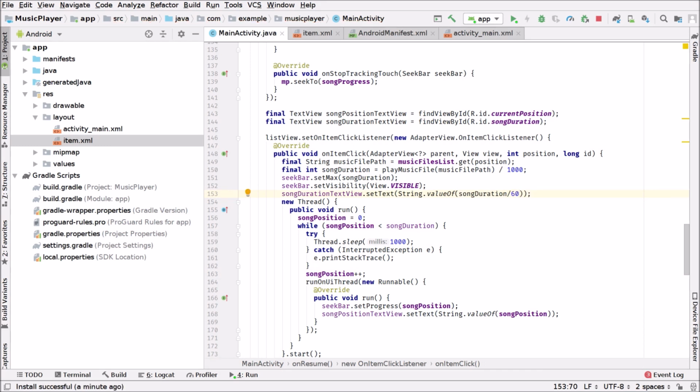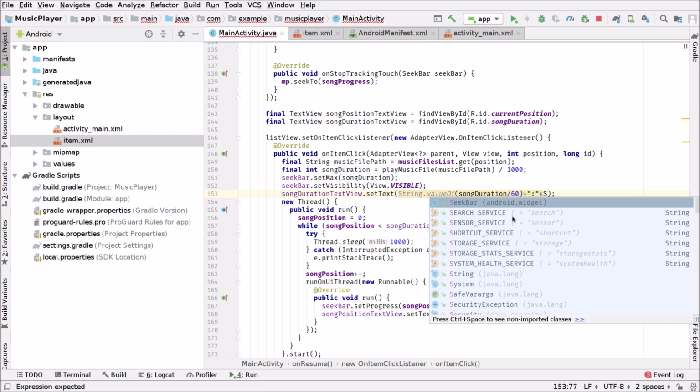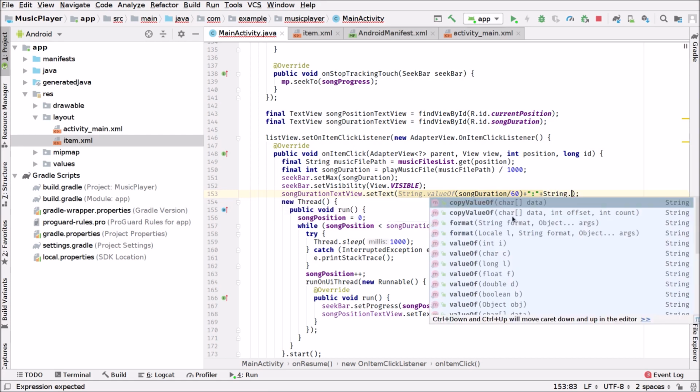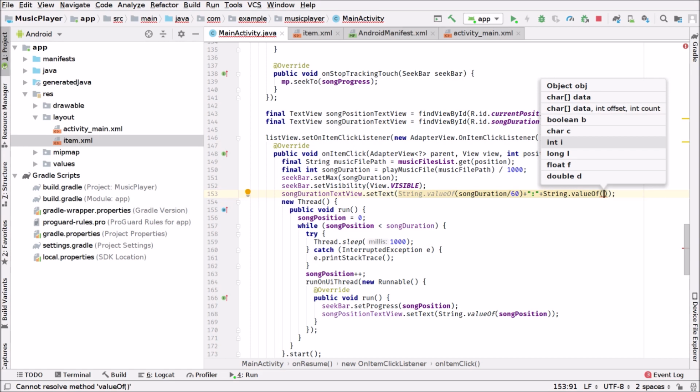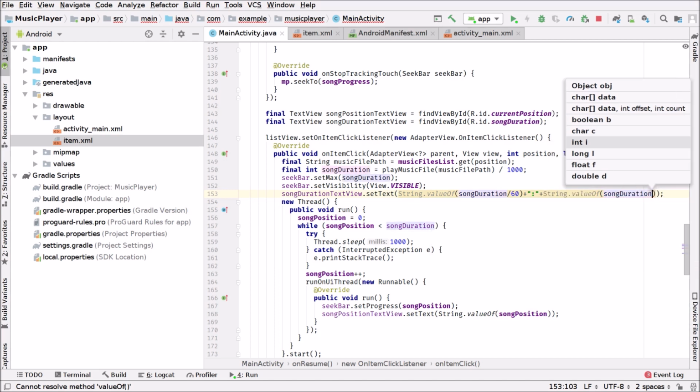Okay, great. So we have the minutes. Then we will add a colon, as you can see right here, and then we will add the seconds. So we're gonna say also string value of, and we'll set the remainder of that division. So we can say song duration modulus 60. Okay,